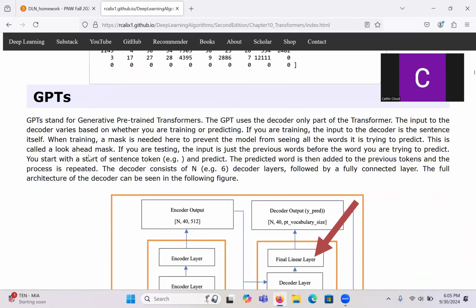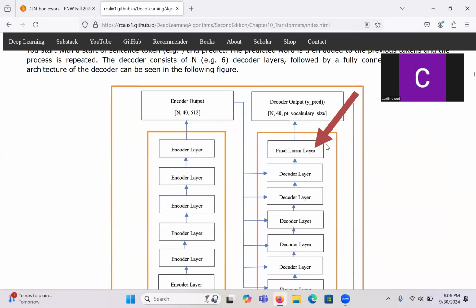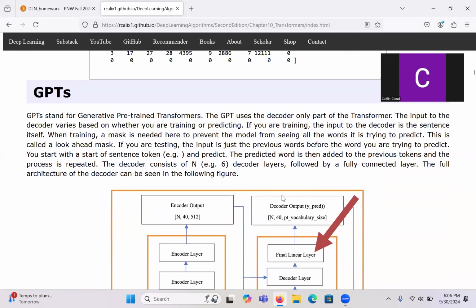So the GPT, which stands for Generative Pre-trained Transformer, was, I think it was Google, I can't remember, but probably Google is who said, let's take just a decoder of the transformer and see what happens. And that changed history, right? There are definitely a lot of amazing models right now. All they did is take this architecture. Notice where I have my arrow here, the decoder part. So the GPT uses the decoder-only part of the transformer.